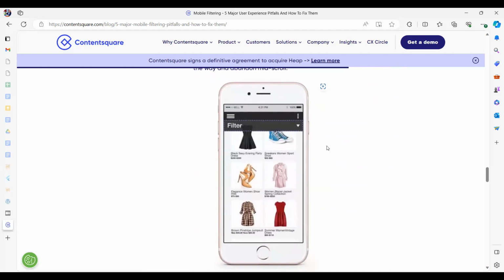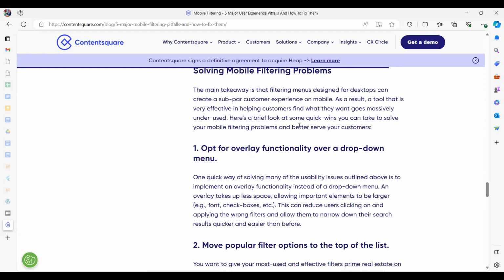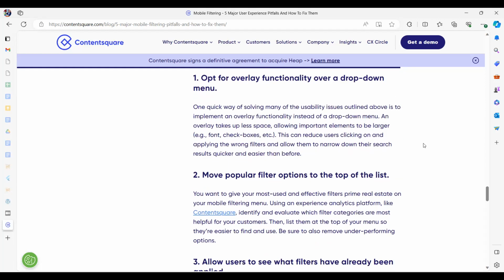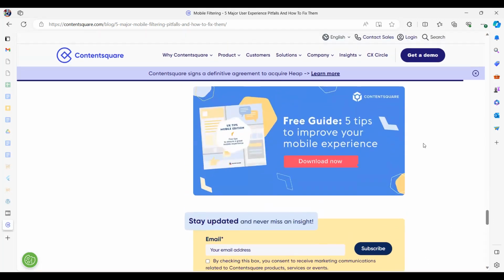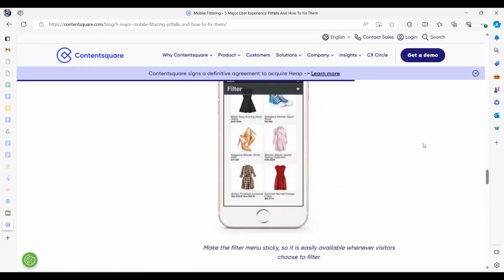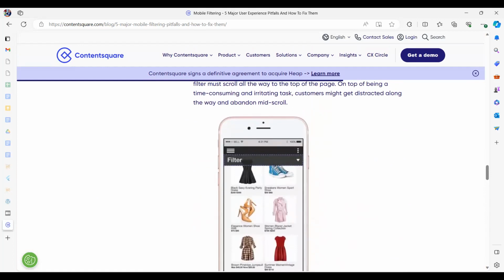Here, it is difficult to adjust filters. So you're looking at something, and then how do you go back to the filter? So maybe here you can click and then go back to the filters. So these are some things we can look at. I'll share this article also, with some best practices when it comes to navigation.